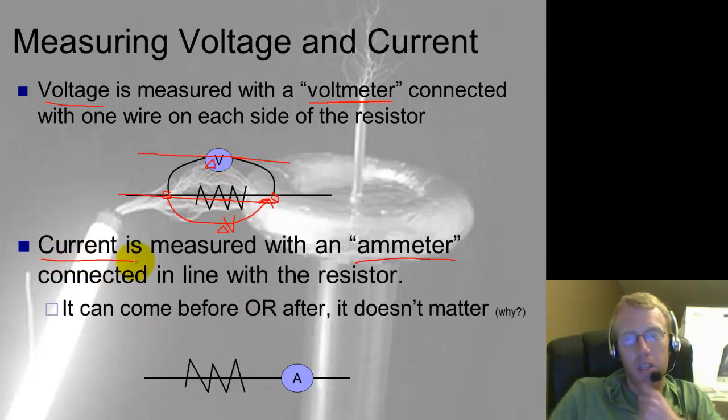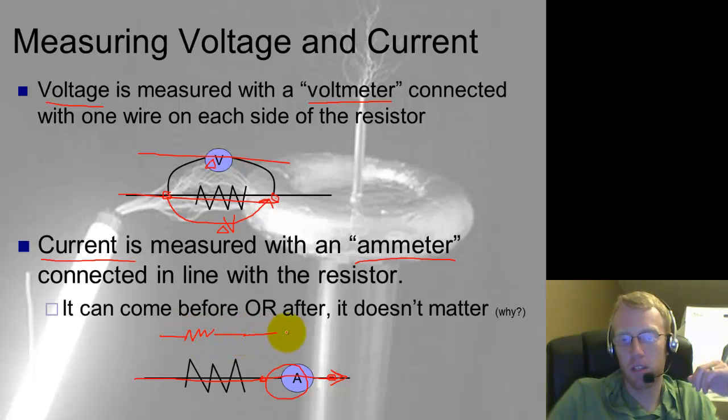Then to measure current, this is the amount of charges traveling through something. If you want to get the current traveling through something, you have to make the charge itself travel through your device. The way that you do that is by connecting it in what's called series, so it's just in a row. So what would typically happen, maybe you have your resistor and you've got a wire like this. What will happen is you need to break that apart so that now you have a resistor, and now that it's broken apart right here, where you actually have to disconnect something, then you put your ammeter and you put the two ends of the ammeter here and here,